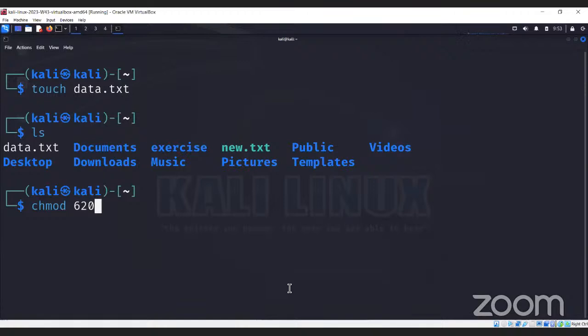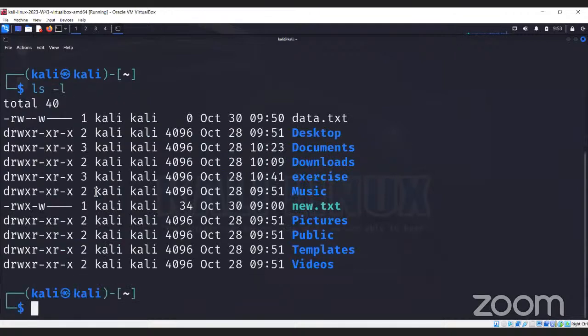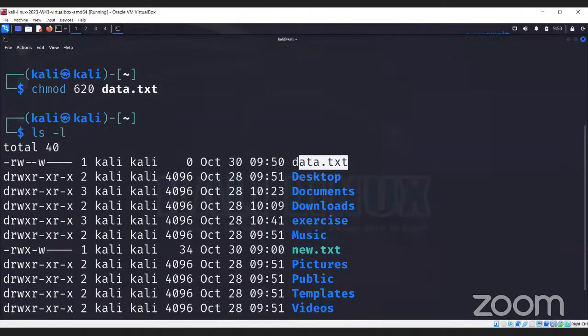Then we will provide the file name, which is data.txt, and let's see the permissions for that file. As you can see, we have data.txt file which has read and write permission for owner, write permission for group,